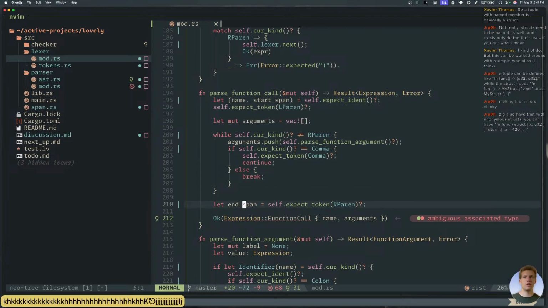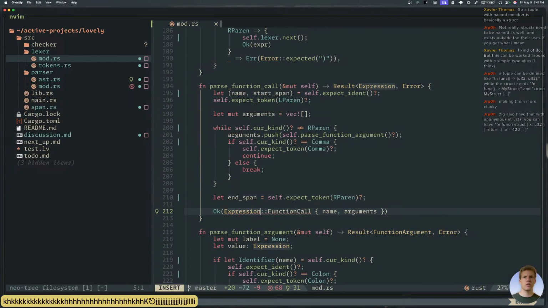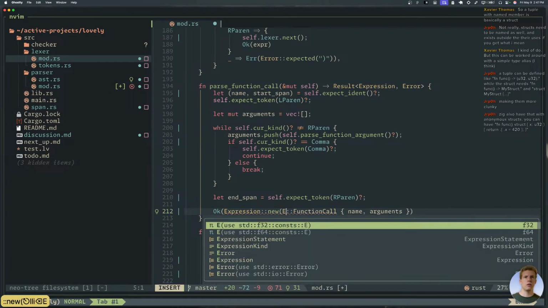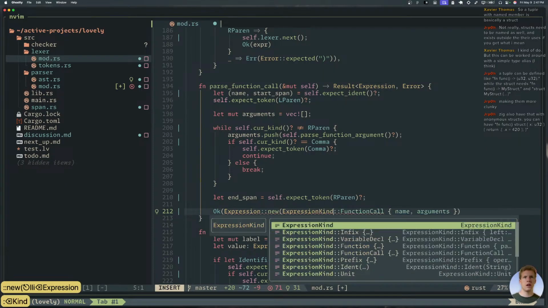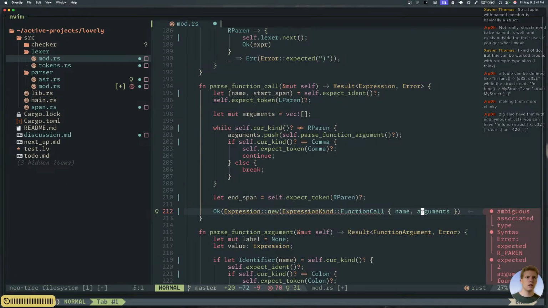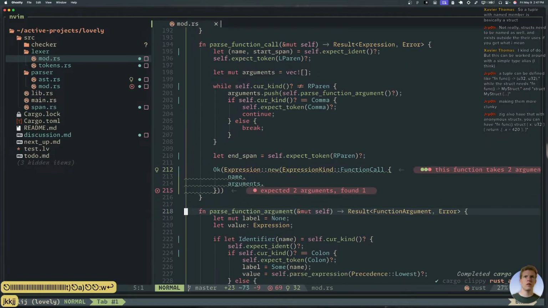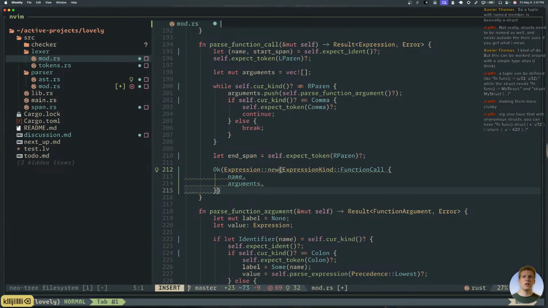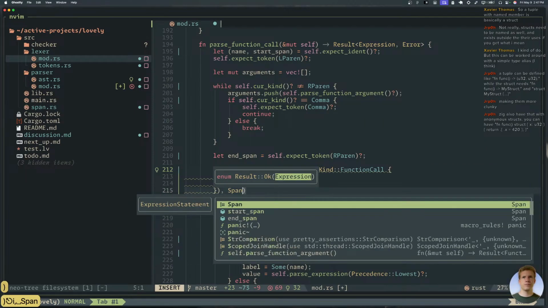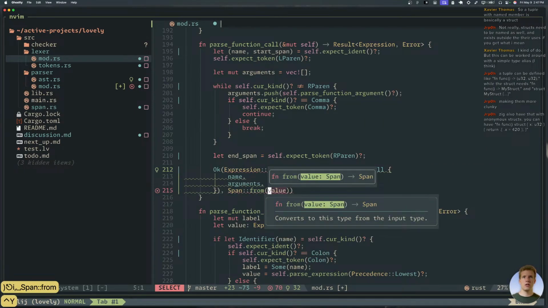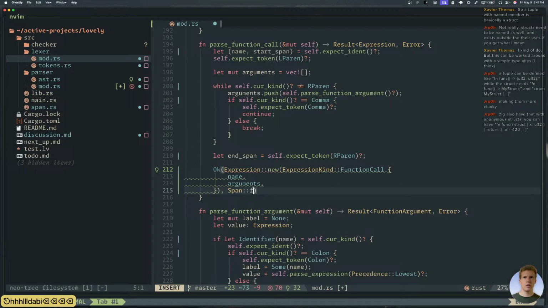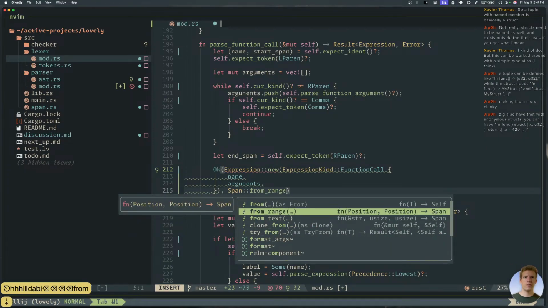And so if we do something like this, new expression kind, and then here do that. Coolio, and then here we need to make a span from range.